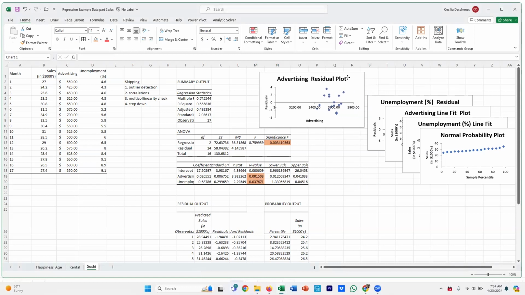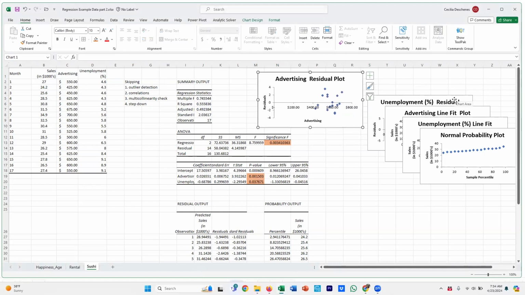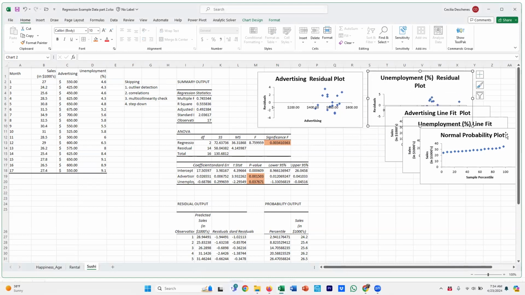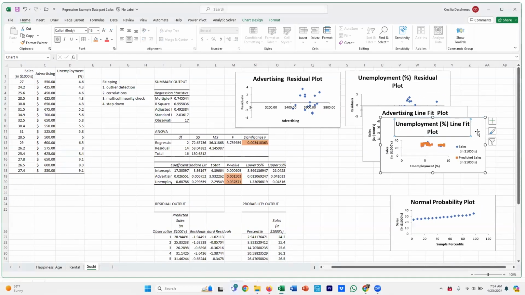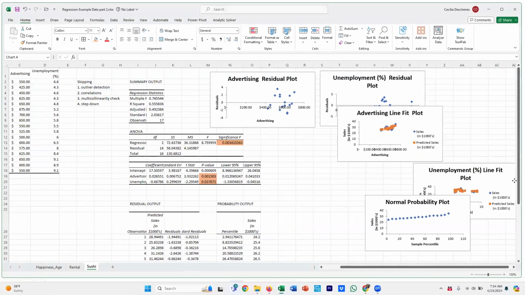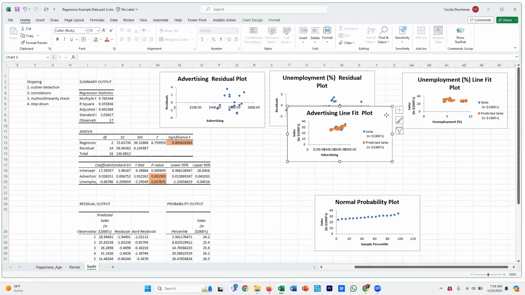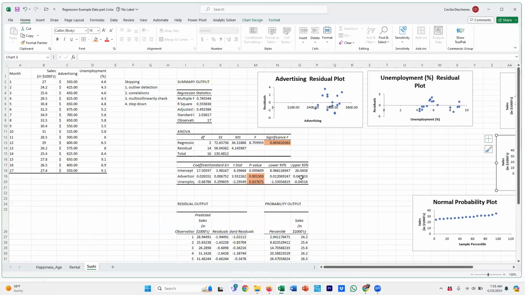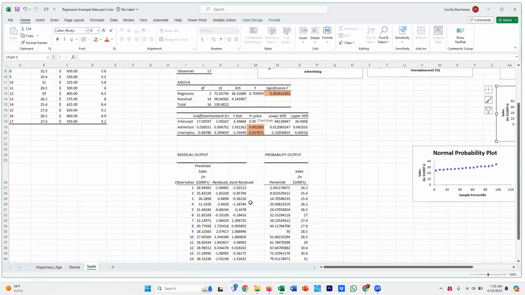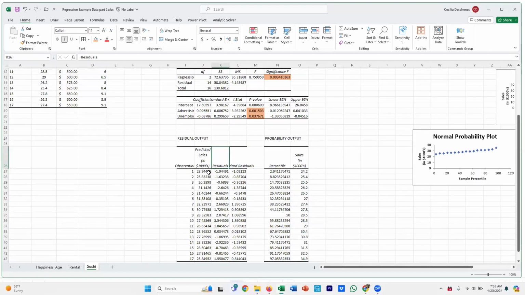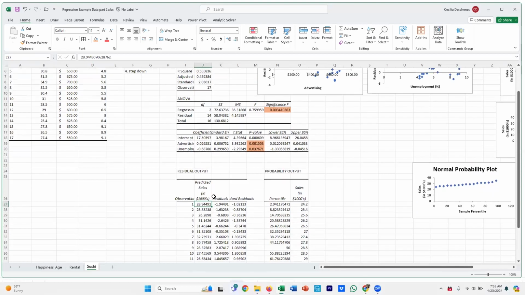When we look at the residual plot, it looks good. When we look at the unemployment plot, it looks good, right? And this line fit stuff we can talk about later. It can sometimes hide issues. Okay, so what we want to look at now are the residuals, which are down here. So here are residuals. I went over what those residuals are. So for each row in our data,